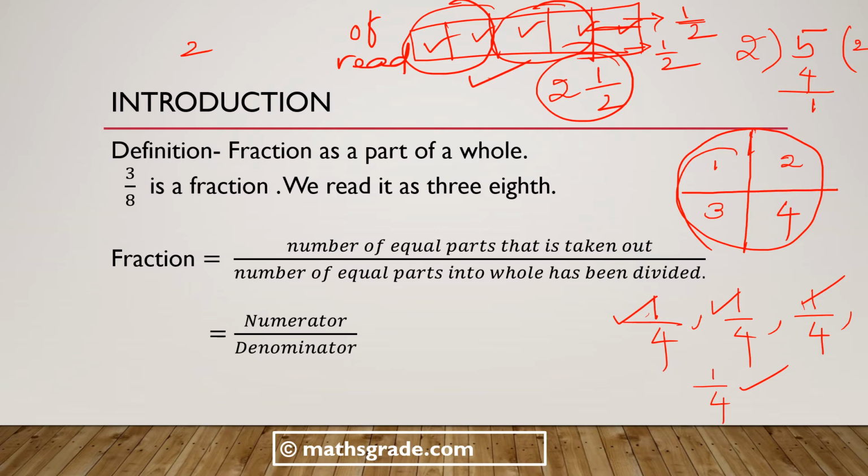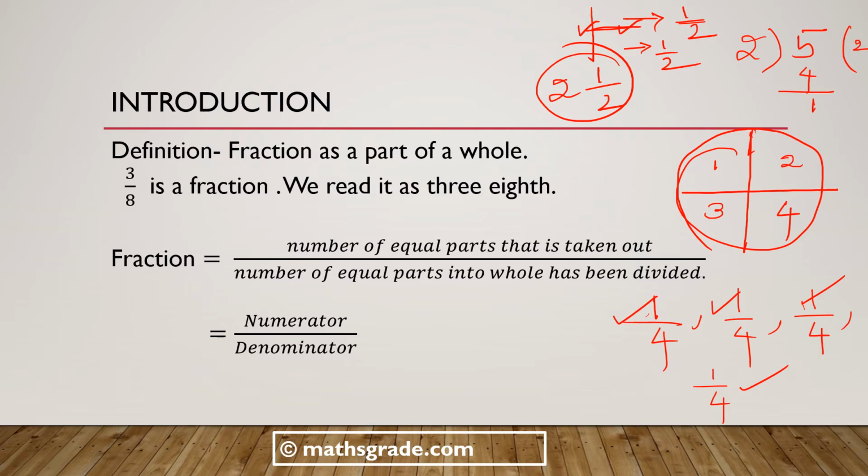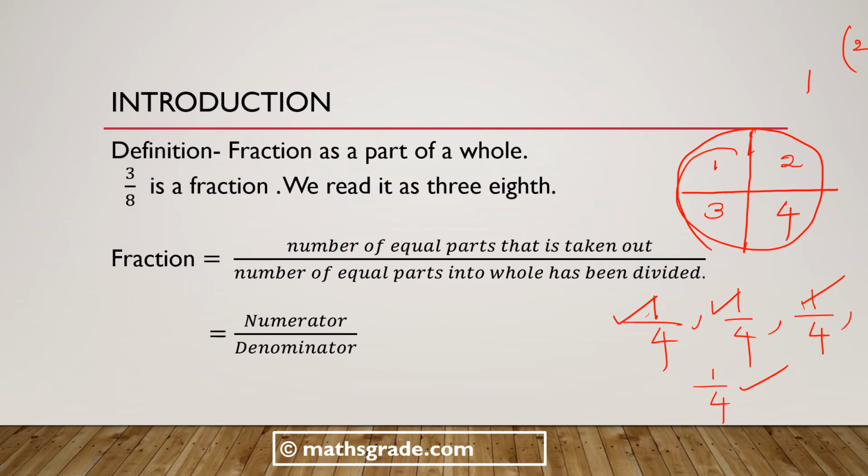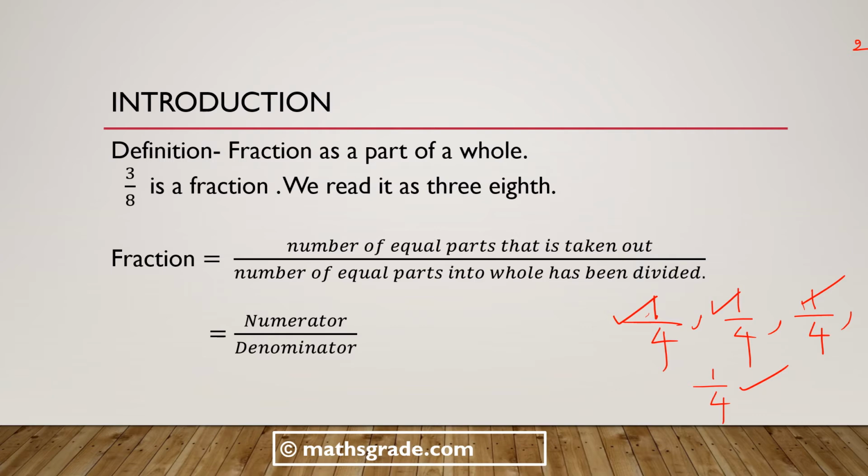Now, what is a fraction? From this example, we conclude that a fraction is a part of a whole. That is the whole, a pizza or any object you can take. If you take a circle shape or rectangle shape or pentagon shape, each is a part of a whole. That is how many parts should be taken out from that whole. So 3 divided by 8,